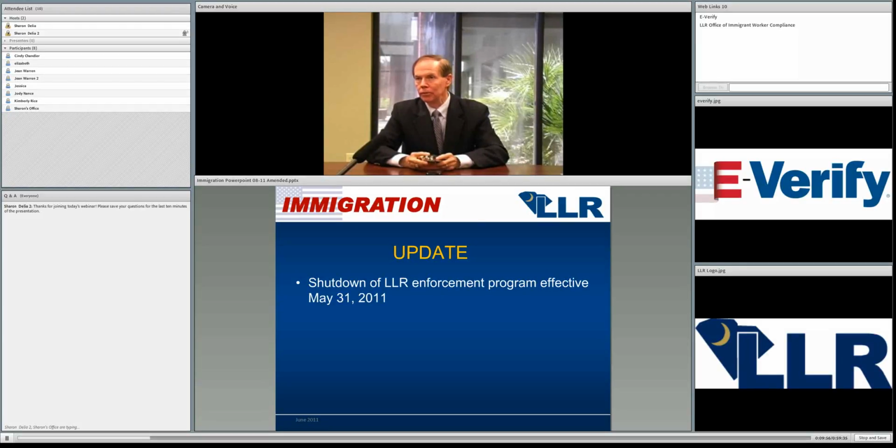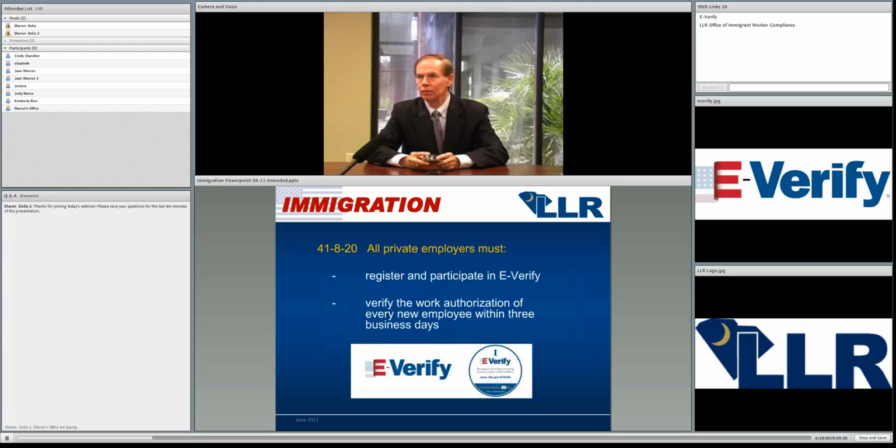As an employer in South Carolina, here's what you need to know as far as your responsibility for compliance with this amended state immigration law. Beginning on January 1, 2012, every employer has to register with E-Verify to participate in the program. At the stroke of midnight on December 31st, 2011, by that time, every employer in the state is supposed to enroll in E-Verify, because if you're not enrolled at a second past midnight, January 1, 2012,